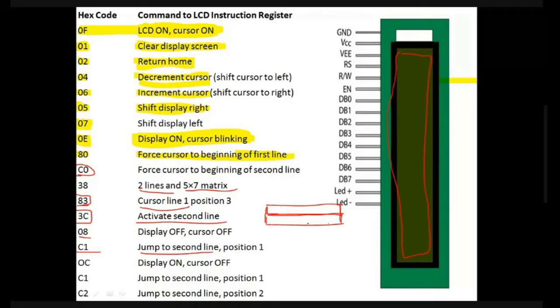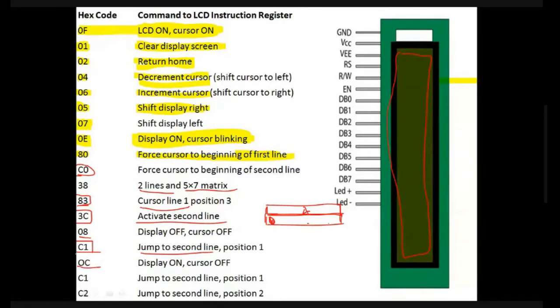Suppose I write A here, but I want to enter the second line in the first position, so I use the command C1. After finishing this alphabet, I jump to the second line, first position.